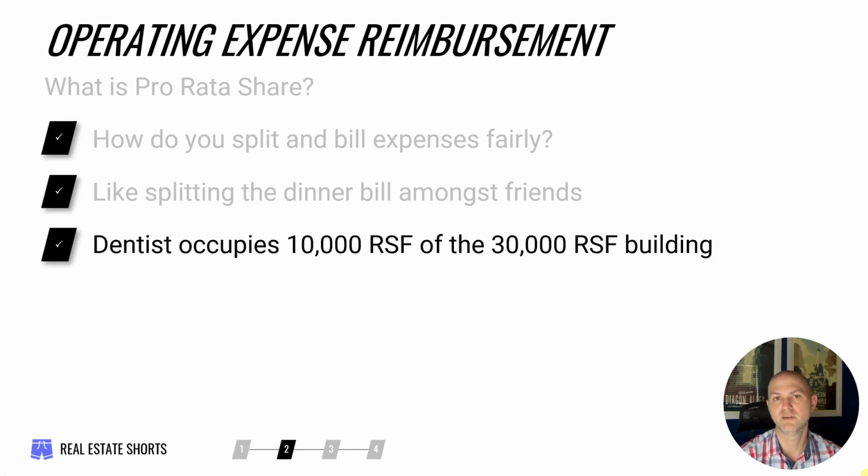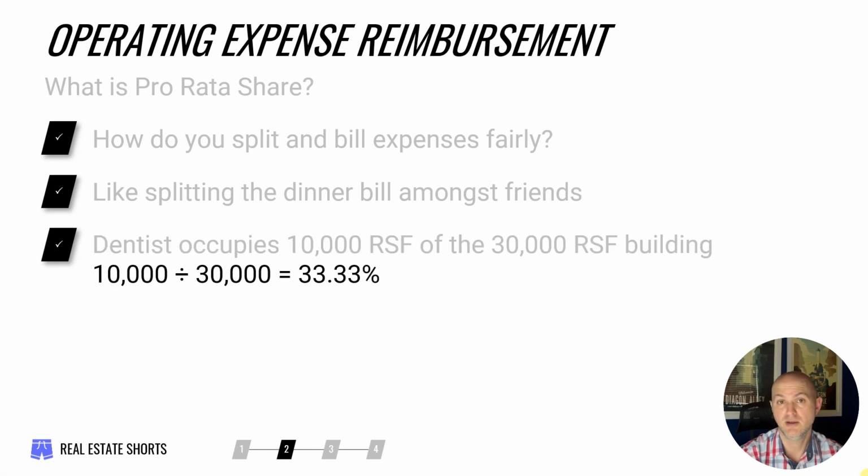So think about it the same way for the dentist. So if the dentist occupies 10,000 square feet of a 30,000 square foot building, all of the third floor, then maybe they should pay 1/3 of all expenses, 10,000 divided by 30,000 square feet. Now, while this is, I think, a really straightforward way to approach this, whatever their rentable area is divided by the total of the building to come up with their proportionate or pro rata share of the building, and therefore the proportionate share of expenses that they're eligible for billing or for reimbursement or pass-through,